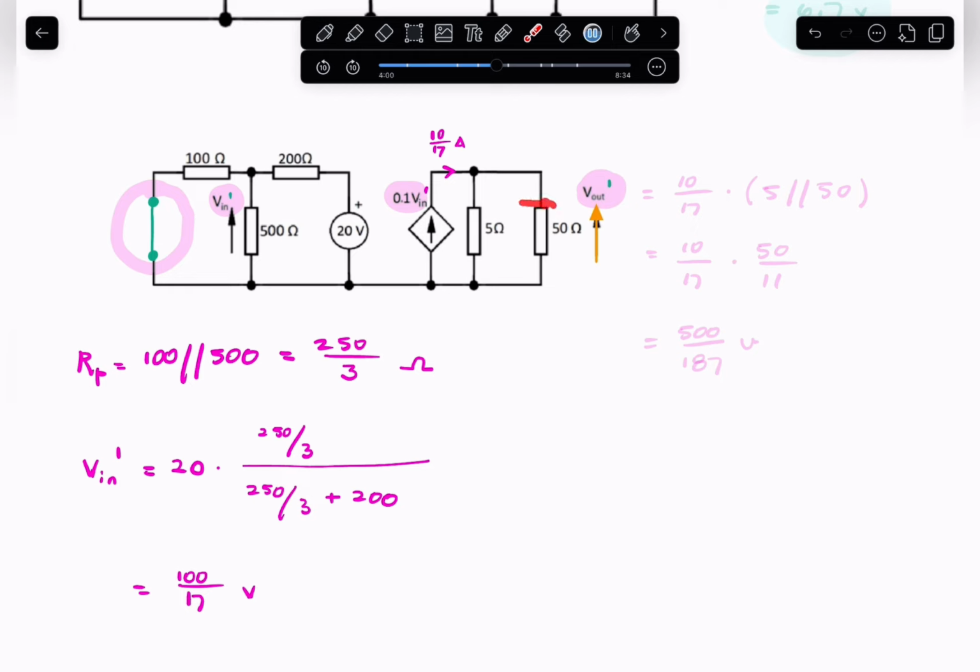So to find V out dash, it's just the product of current times resistance. So it's 10 over 17 multiplied by 5 in parallel with 50. So that's 10 over 17 multiplied by 50 over 11, and that gives you